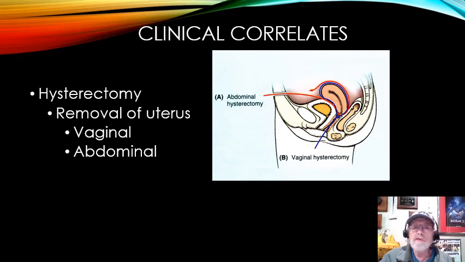Hysterectomy is just a removal of the uterus. Sometimes they could do it vaginally, removing it through the vagina; sometimes they have to go through the abdominal wall and remove it. It depends upon what the problem is. A question that came up yesterday in another class was, how about the ovaries? Well, if they could leave the ovaries and the fallopian tubes, they will. And the reason why they will do that